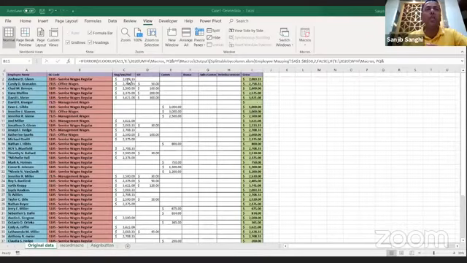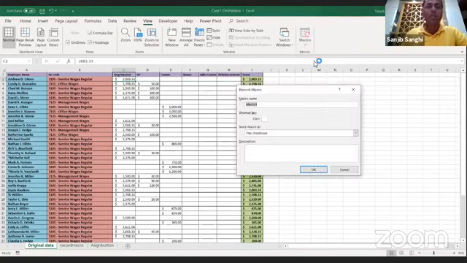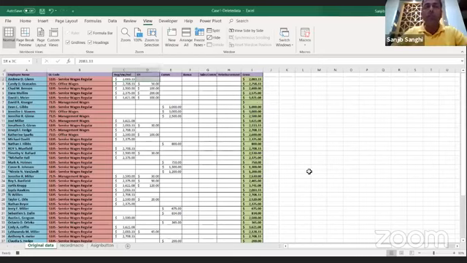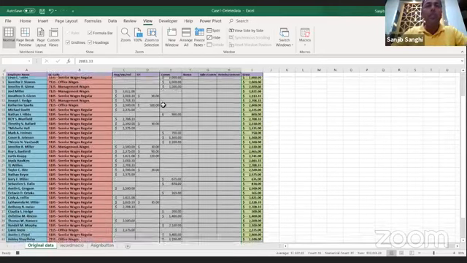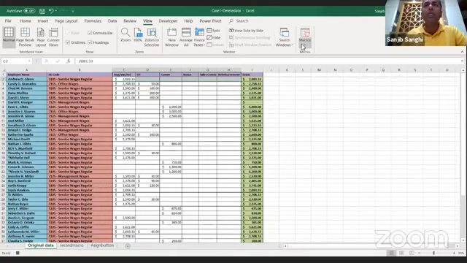What we were doing over here is we are trying to record a macro. So let me record the macro for you. Delete data. You need to have a macro first. Once you have the macro, then you can assign it. Let me stop recording.